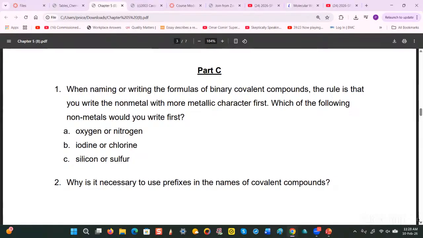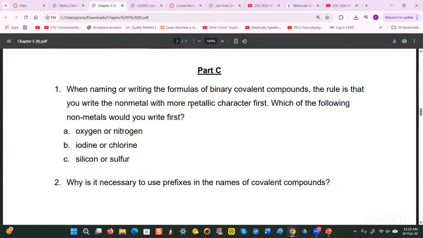Now things are a bit different in terms of the rules, for a couple of reasons. One of which is, how do you determine which element comes first in the name and in the formula? The answer is that the one that is more metallic in character would be mentioned in the name and formula first. So how do you determine which one is more metallic? You look at their relative positions in the periodic table. The one that is further down and to the left